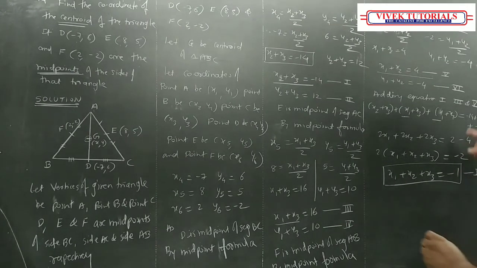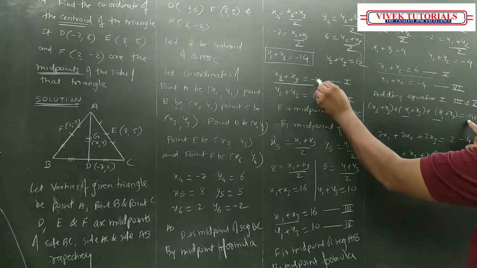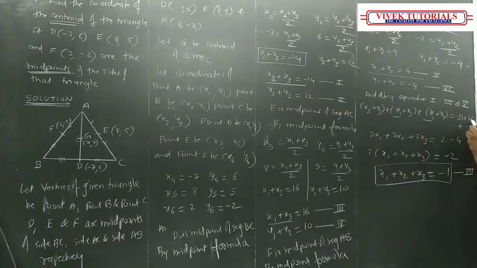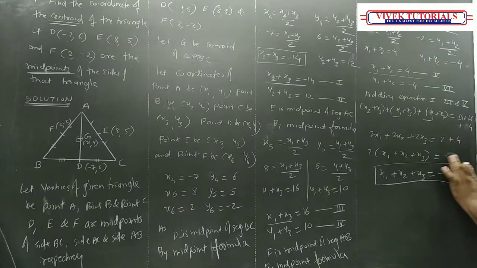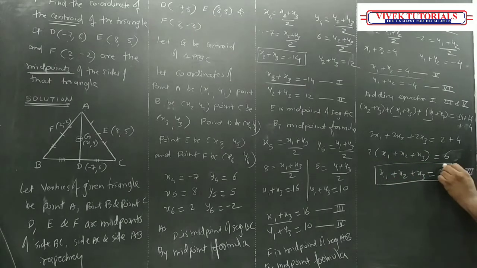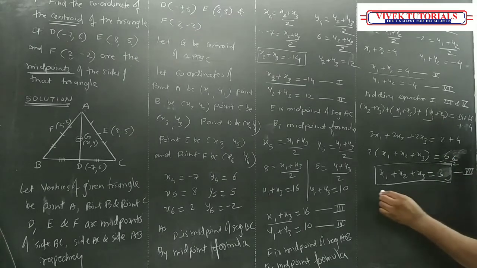Let's check it once again. From equation 1 it is minus 14, plus 16, oh it is plus 4, plus 4. This becomes 6. 6 upon 2 is nothing but 3. So 6 upon 2 becomes 3. Okay, then what I'm going to do is add